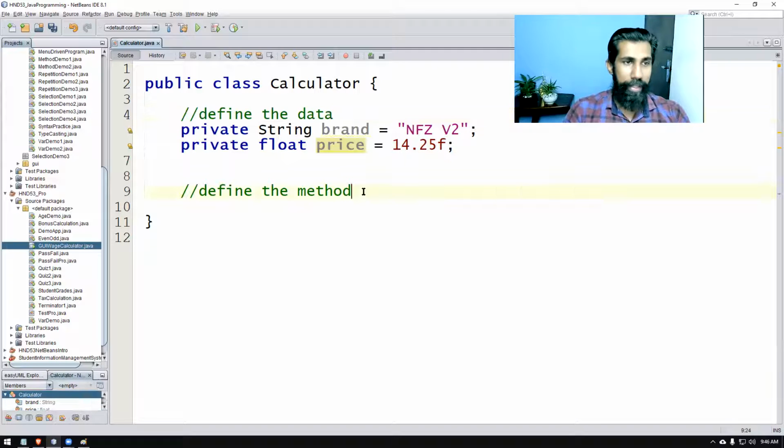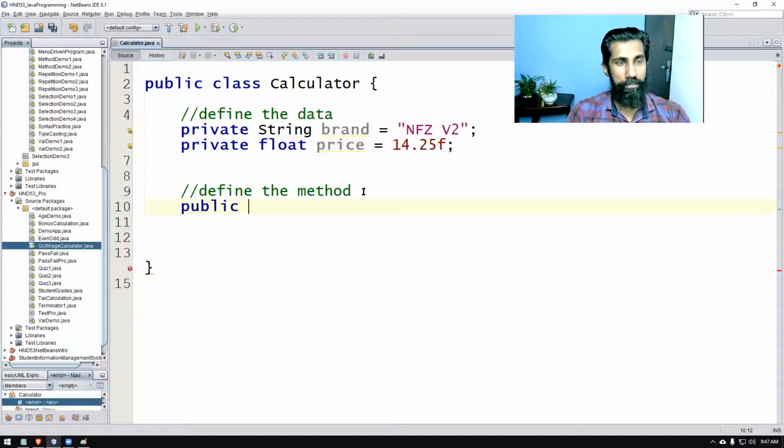So in a calculator, what we can do basically is we can add numbers, multiply values, and subtract values. I'm going to keep this one very simple. I'm going to put just two methods in the calculator that I am building, right? So I'm going to say public int get